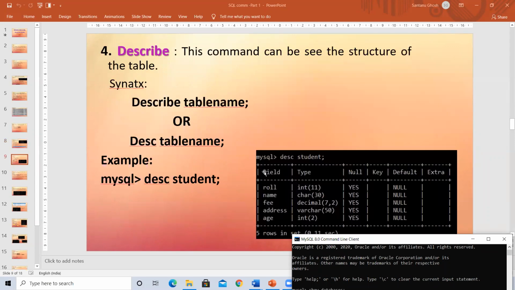Now, next part. After creation, I want to see what exactly has been created. I am not able to see it otherwise. It said query okay. But what have I created? Okay. So anytime you want to see tables you have currently created, or previously created tables whose structure you want to see, in that case we use this command. It's called DESCRIBE table name, or it can also be used with the short form DESC table name. Okay, both the commands are acceptable.